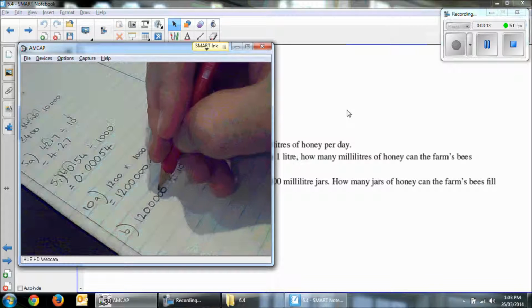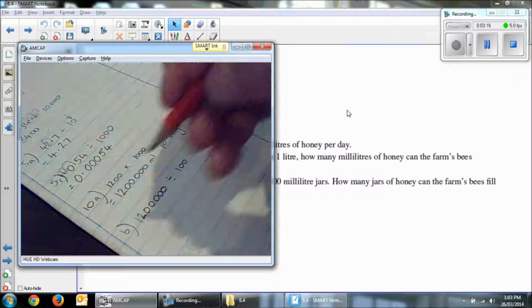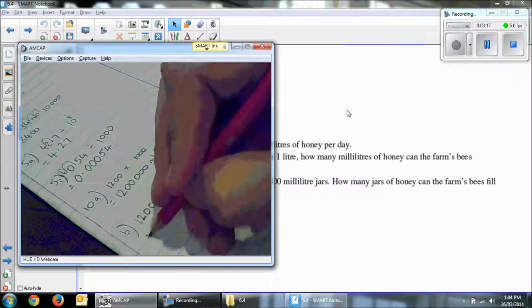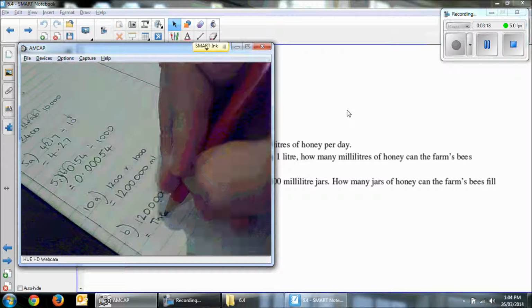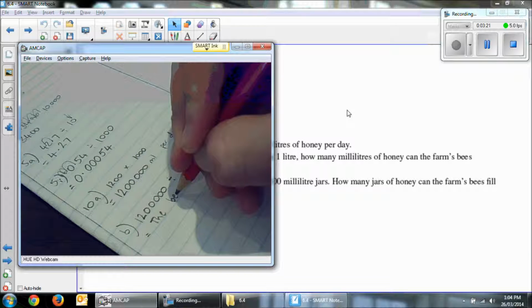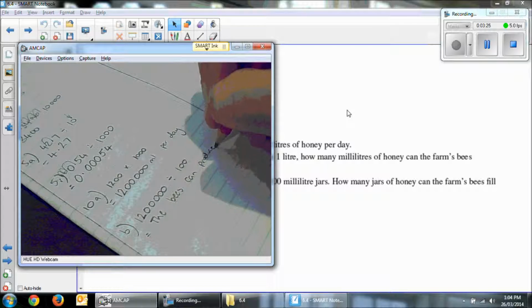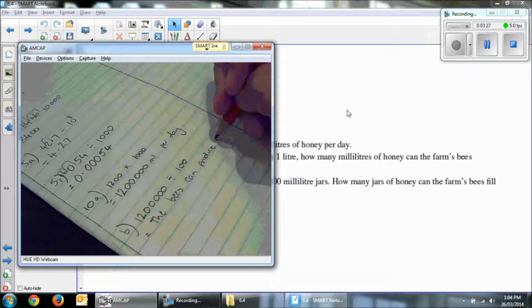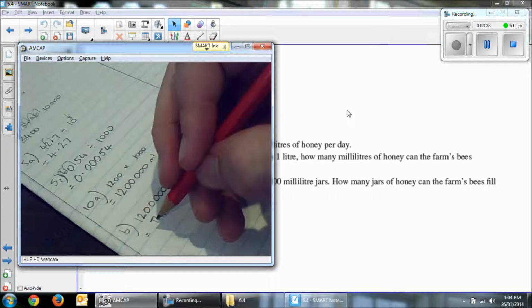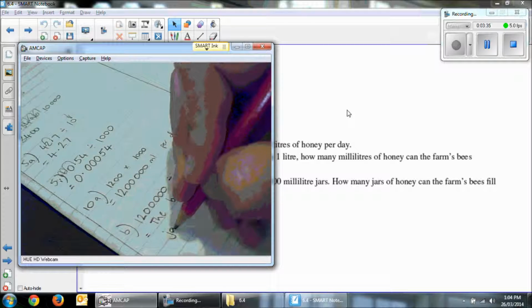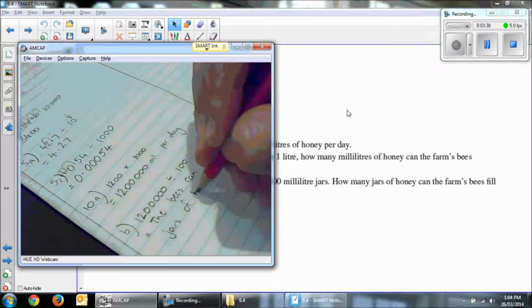So we just move our decimal place twice to the left. The bees can produce, how much is that? 12,000 jars of honey